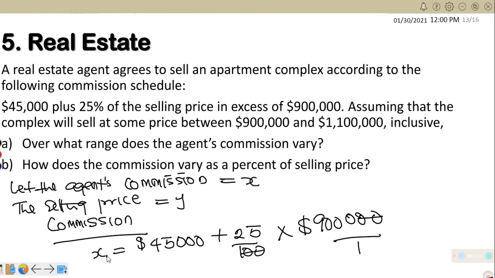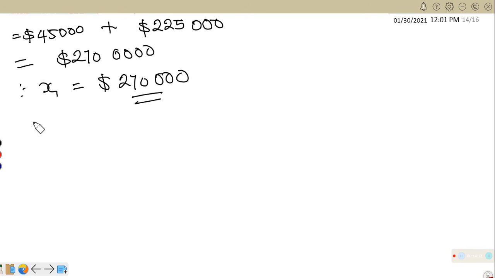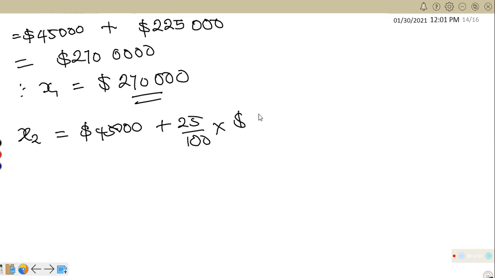Now the second commission. Assuming that the complex sells at some price between 900,000 and this inclusive, we calculate the second commission for $1,100,000. So the second commission, let's call it X2, equals 45,000 plus 25 over 100 multiplied by 1 million